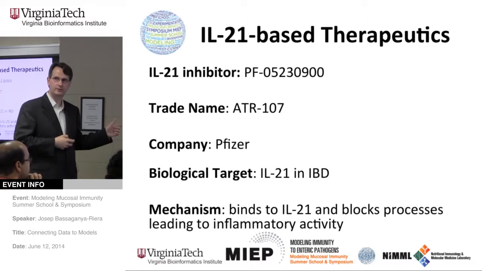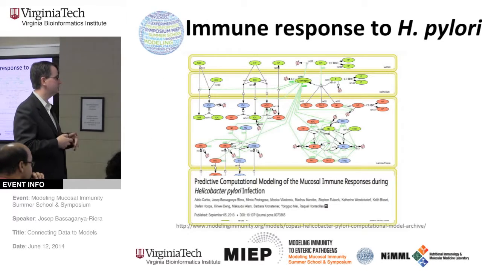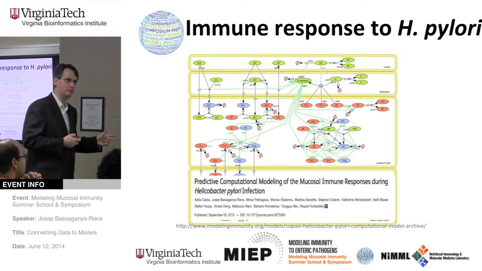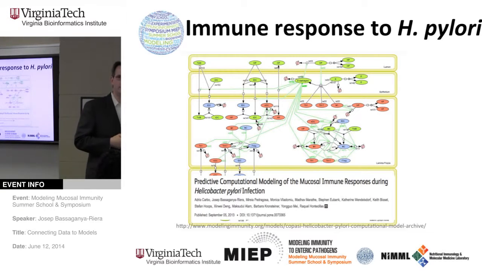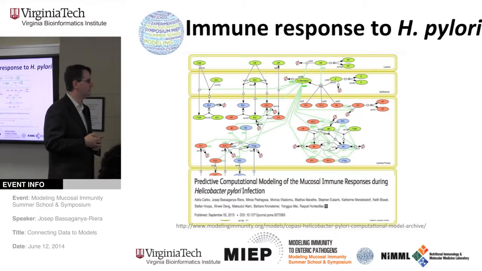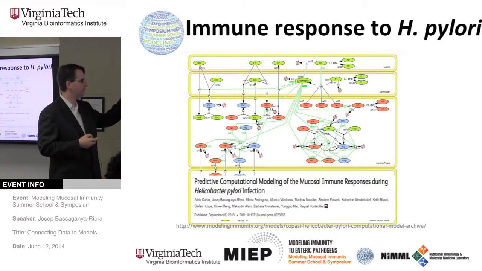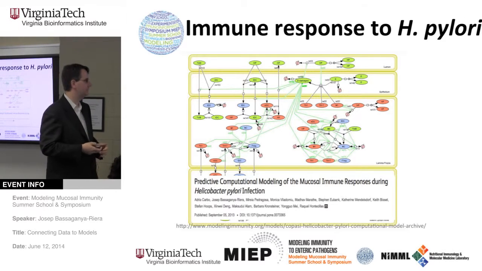If our model is correct, we should see that blocking IL-21 through this pharmacological approach eliminates lesion formation in the stomach. So this is a work in progress. I'm going to move now to the second use case, which also builds on previous presentations that happened earlier in the week. This is the tissue level model of H. pylori infection. It represents the lumen on top, the epithelial barrier, the lamina propria, and the gastric lymph nodes, so the effector sites and the inductive sites.